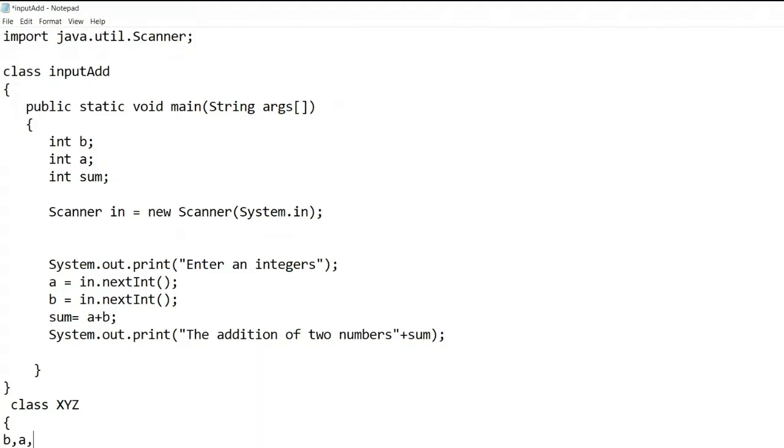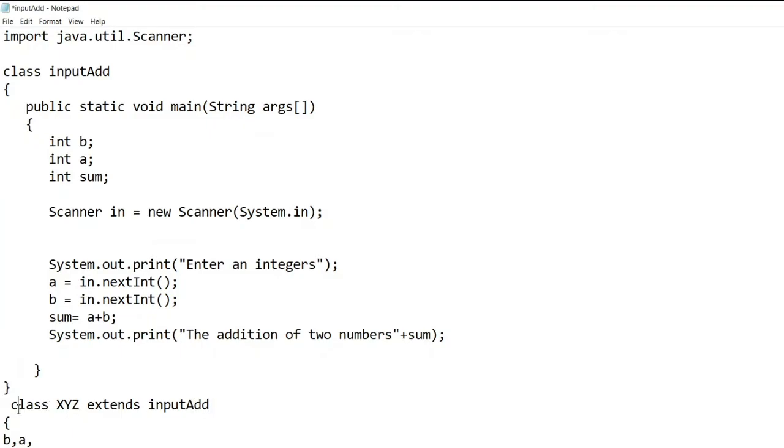Yes, it is possible to access the variables of the class InputAdd in this one. For this we have inheritance. There is a property known as inheritance. Inheritance says that one class's properties we can access in another class. If I write here extends, extends is the keyword. So if I write class xyz extends InputAdd, this is the class name.